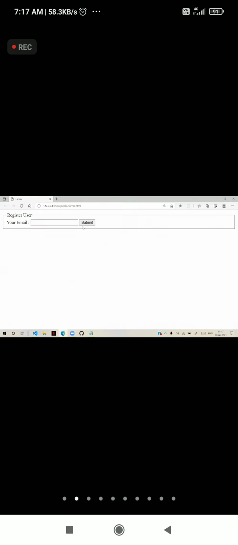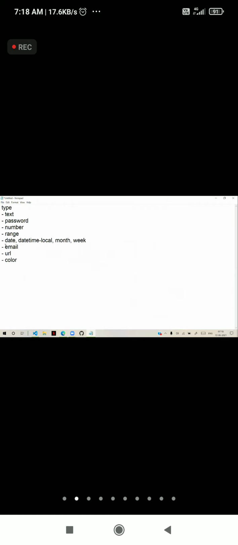Without entering anything, I click submit, so it says fill out the field. And I entered something and clicked on submit. It says please include @, that means invalid email. So it verifies the format of the email. So I entered some @gmail.com. Now it is okay. When I submit, it can submit that. So input type email by default has email validation.